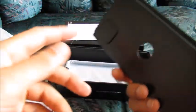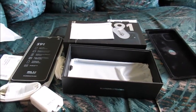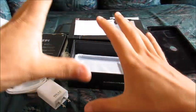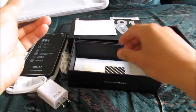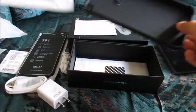Okay, this is not a case, but so we got the phone, we got the earbuds, we have the USB cable, we have the tool for taking out the SIM card tray for inserting your SIM card. Do not attempt to take apart this phone. Some of these phones, okay, I'm going to talk about this in just one second, but first, wow, we're almost done. Okay, so as I suspected, we have this very cool looking